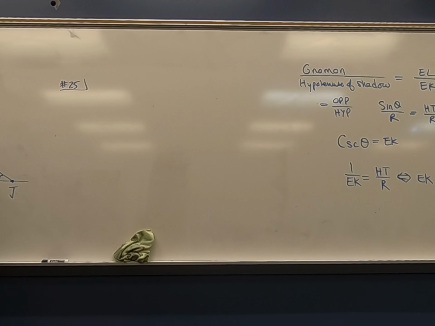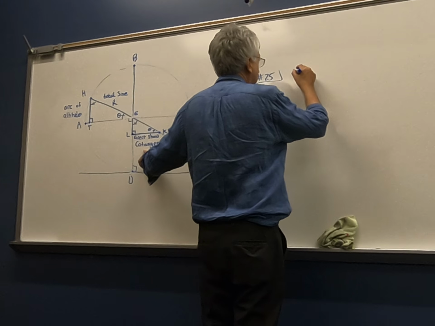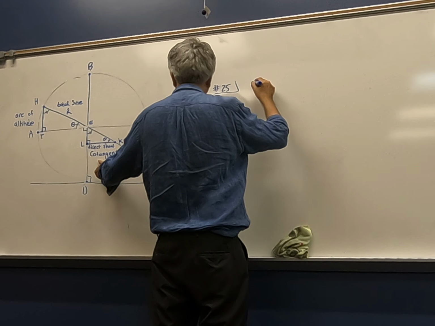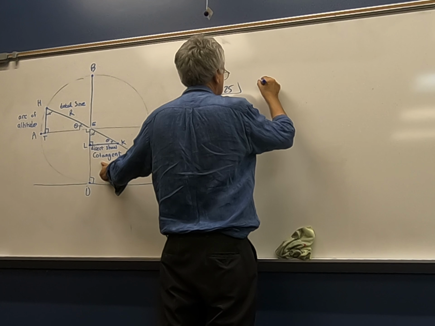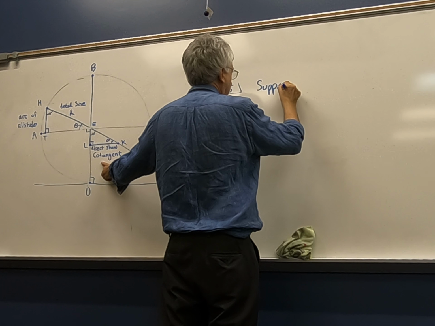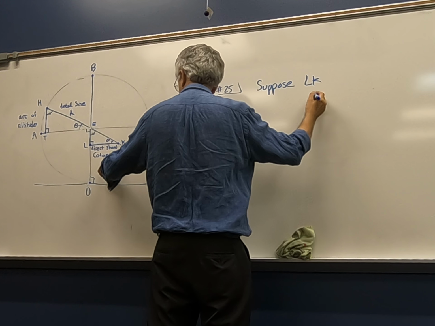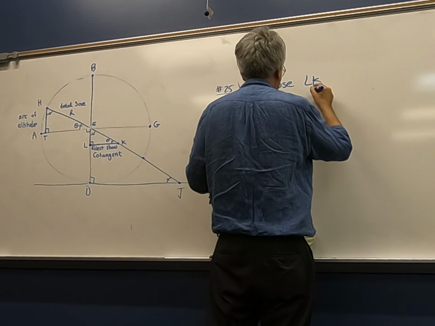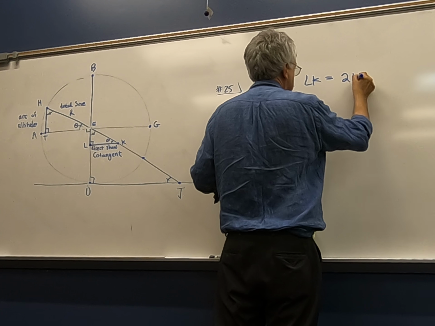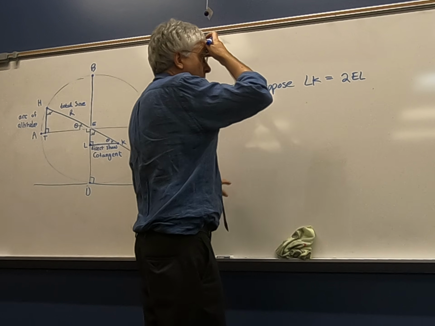says what? Suppose that the cotangent at a certain time is twice the length of the radius. So now the cotangent is the shadow, right? So suppose that the shadow is equal to twice the gnomon. So suppose LK, the shadow, the cotangent at a certain time, is equal to 2 times the gnomon,